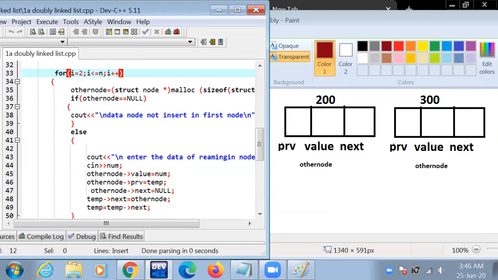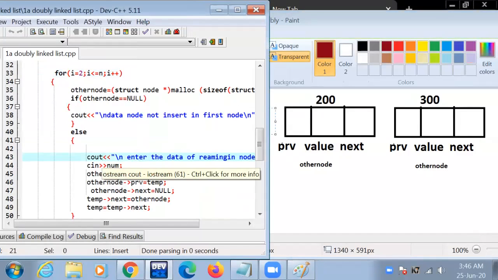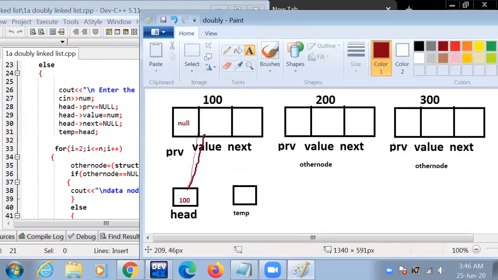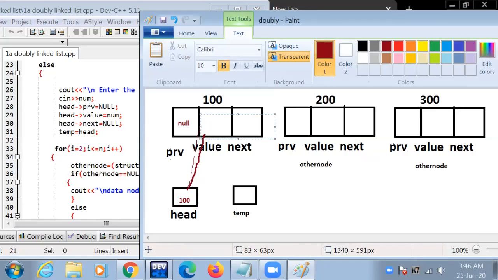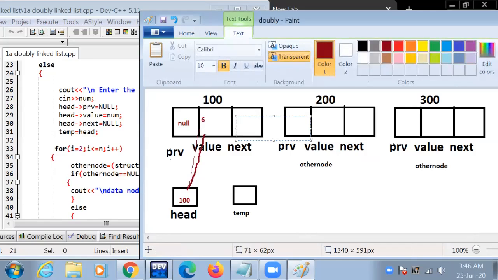And head value equal to num means the head points to the value part and 6 is inserted in this part. Head next equal to null means here head points to the next part and null is allocated in this part.